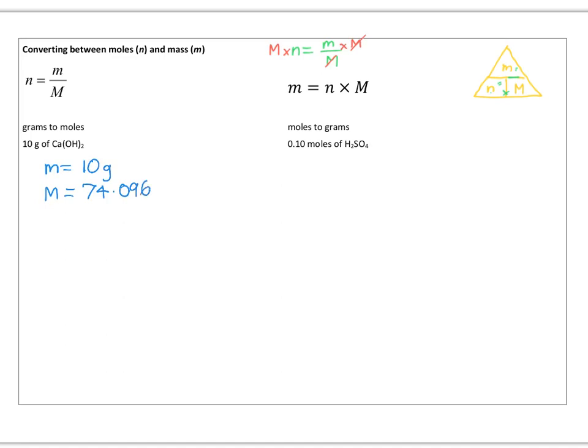You could go through and work that out again if you weren't sure. So the number of moles is equal to the mass over the molar mass, which is equal to 10 divided by 74.096, which is equal to